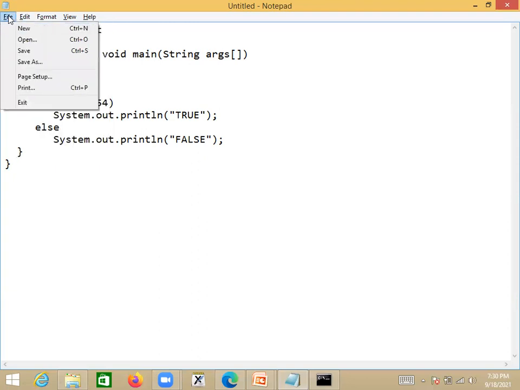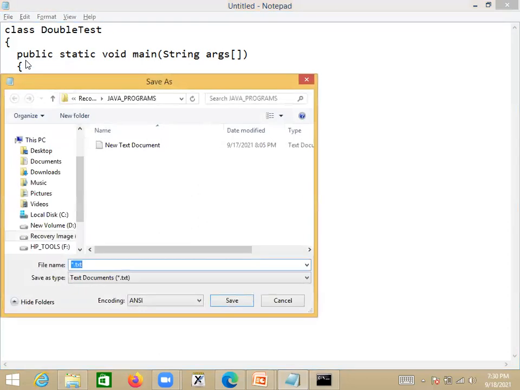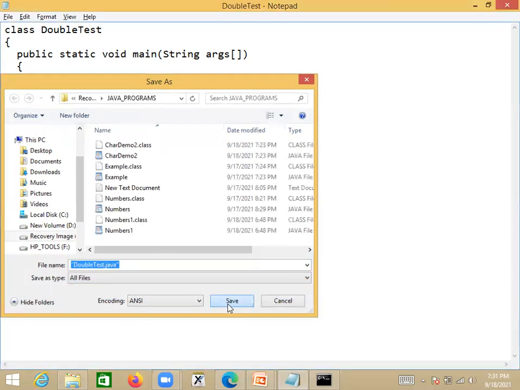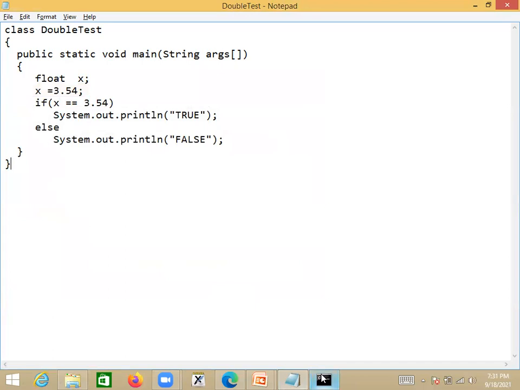Let us save this program as DoubleTest.java. Now we run this.